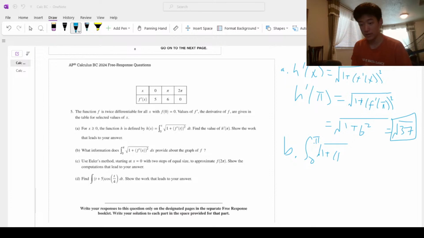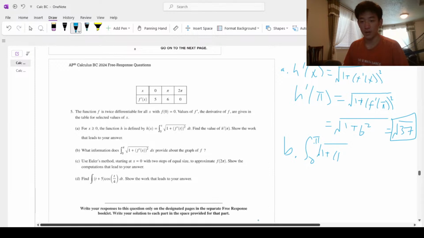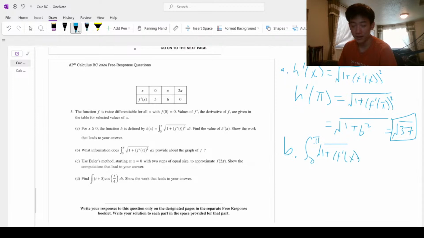H of 6 was negative 1.5. This thing squared dx represents the arc length